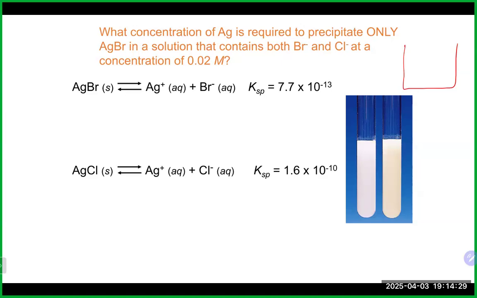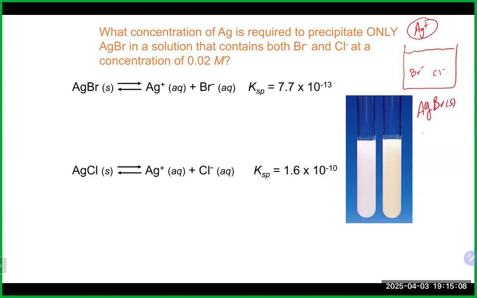And we can use KSP to help us understand what level of, for example, a precipitating reagent we need to add to actually get just one thing to come out of solution first and leave the other one flowing in solution. So if we have, like in this example here, a solution that contains both bromide ions and chloride ions floating around, and we wanted to precipitate these out by adding silver, from something like silver nitrate, it will precipitate out as silver bromide,